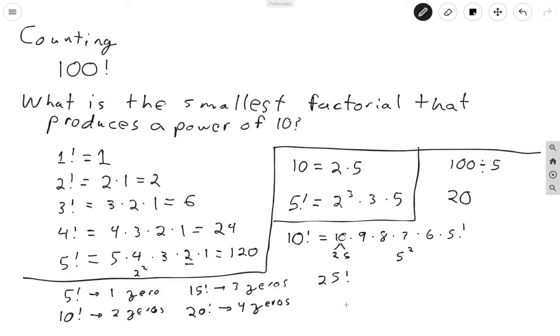Because 25 factorial is different from the others, in the sense that if we rewrite it like we did 10 factorial, we have 25 times 24 times 23 times 22 times 21 times 20 factorial. But 25 is giving us 2 5s. So 25 is giving us 2 5s, meaning that